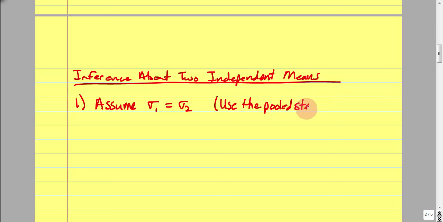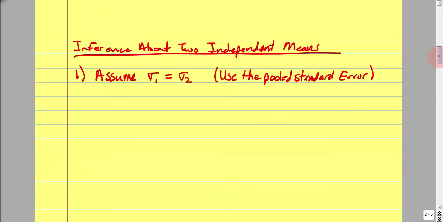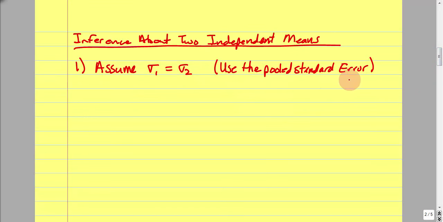Now there's a lot of formulas that are going to go with this, and you can certainly do these by hand, but I'd really encourage you to start learning how to use the stat button on your calculator under tests to make sure that you have the correct values. Now if we use the pooled standard error, I have a test statistic,